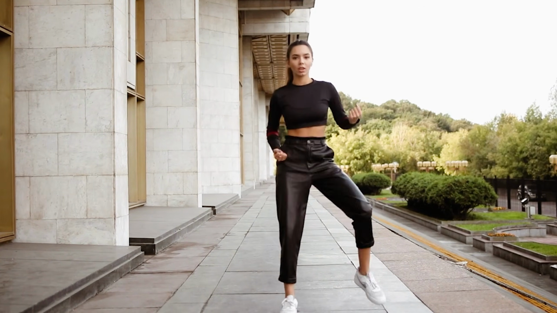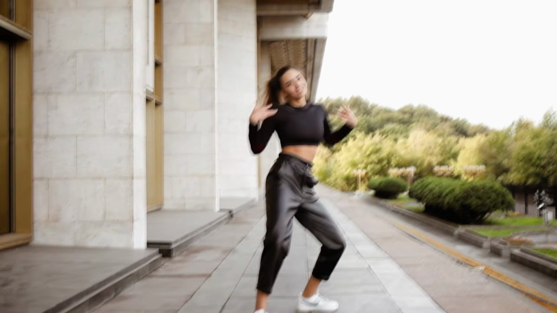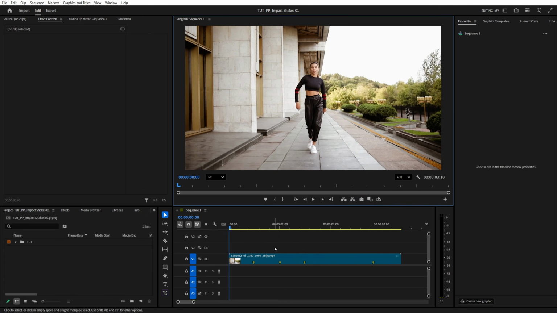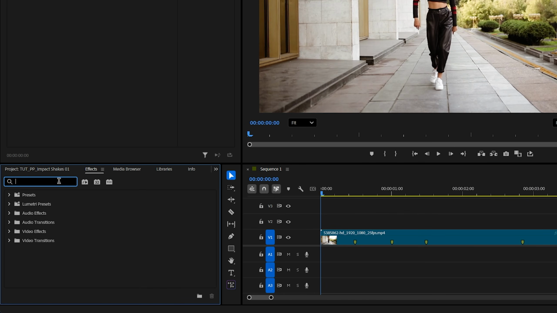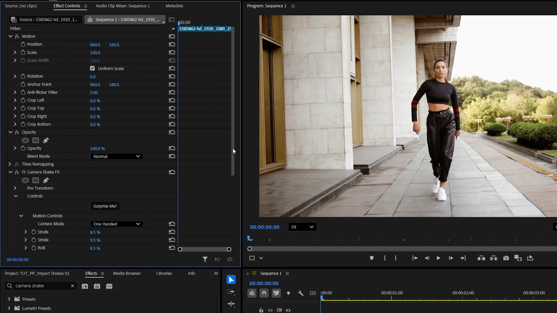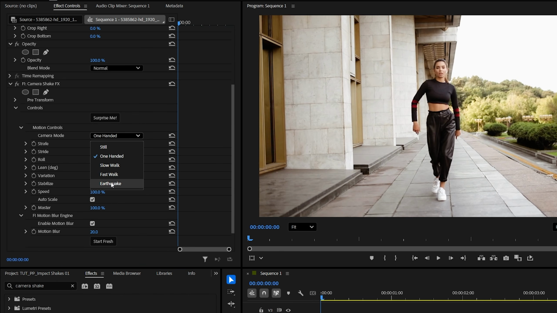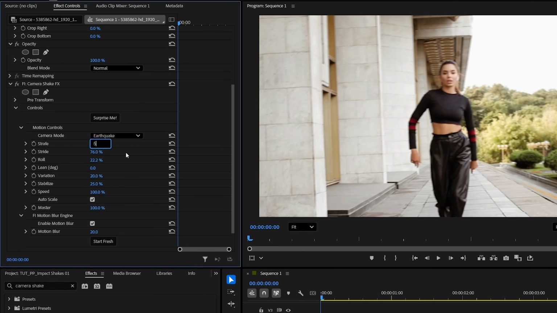In this video, I'll show you how to create impact shakes in Premiere Pro. Begin by adding a video to a timeline, then open the Effects window, search for Camera Shake, and add it to the video layer. Now in Effect Controls, under Camera Shake, set Camera Mode to Earthquake, then set Strafe to 50%